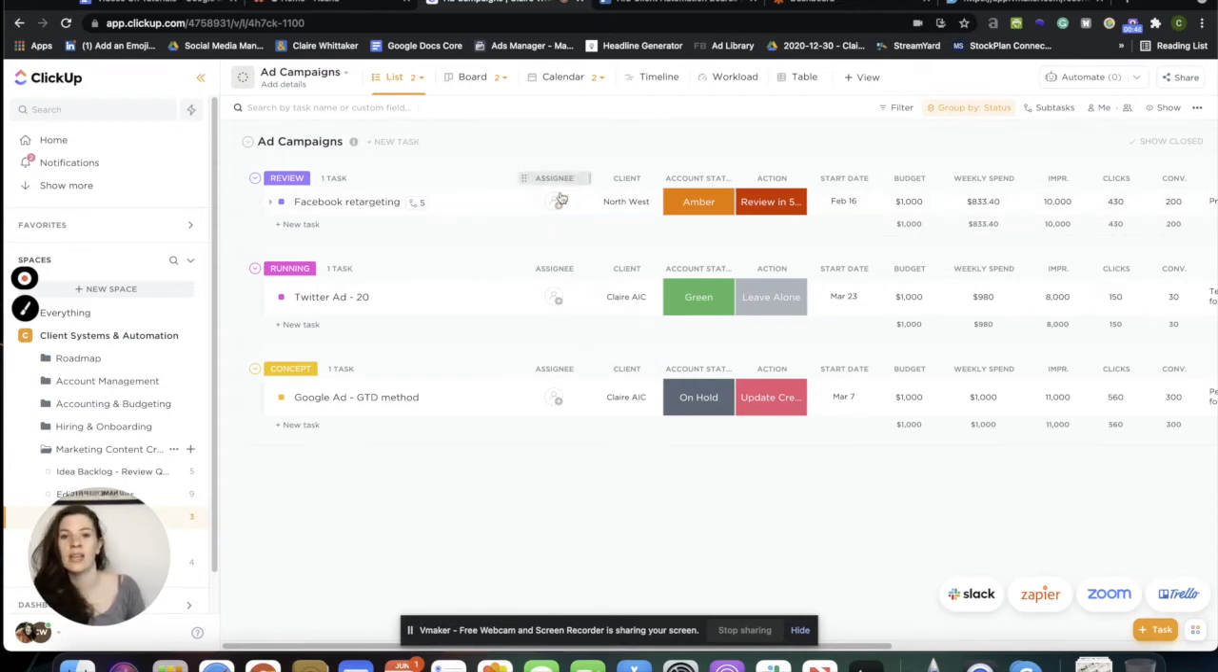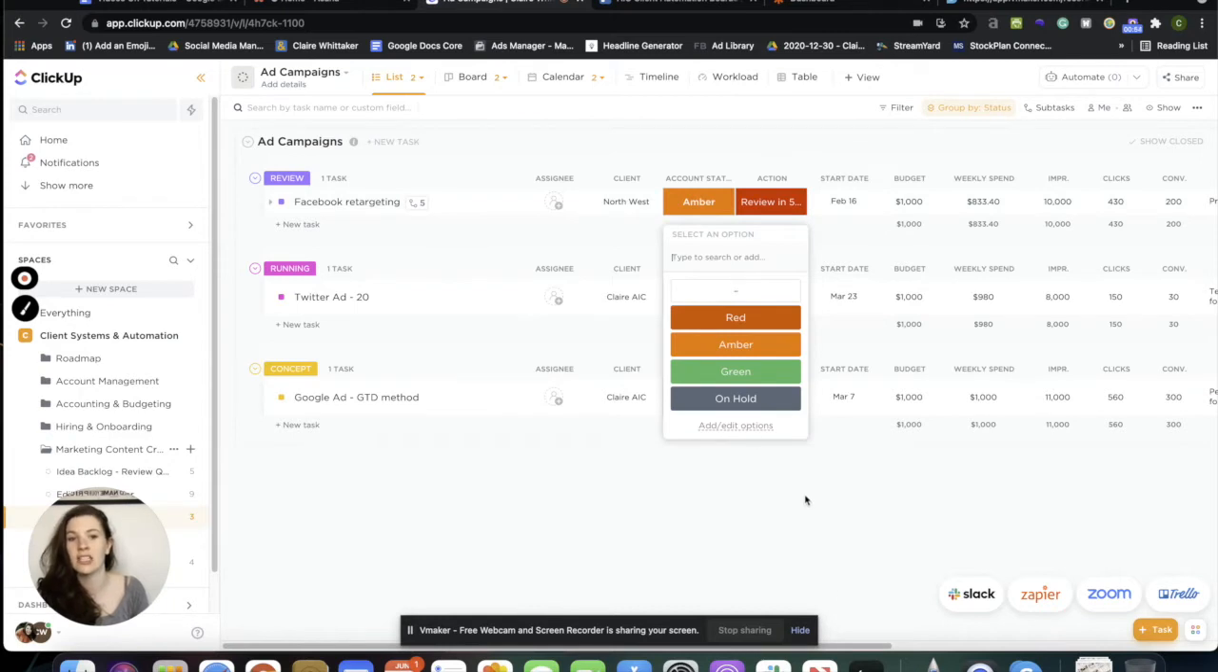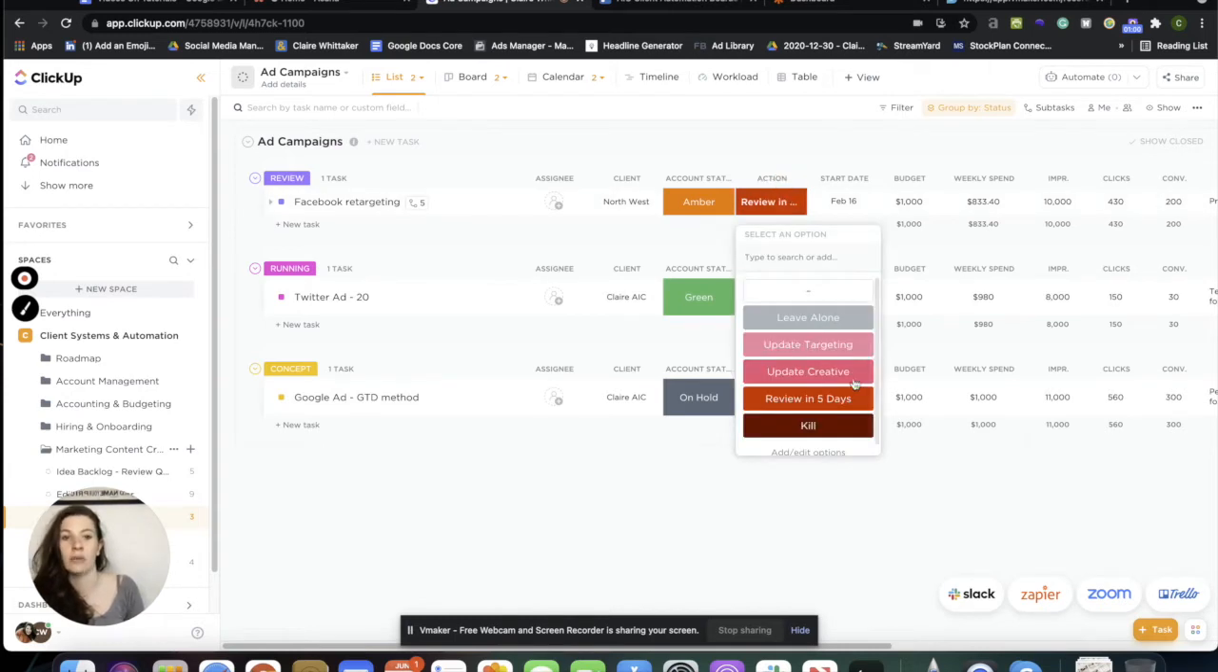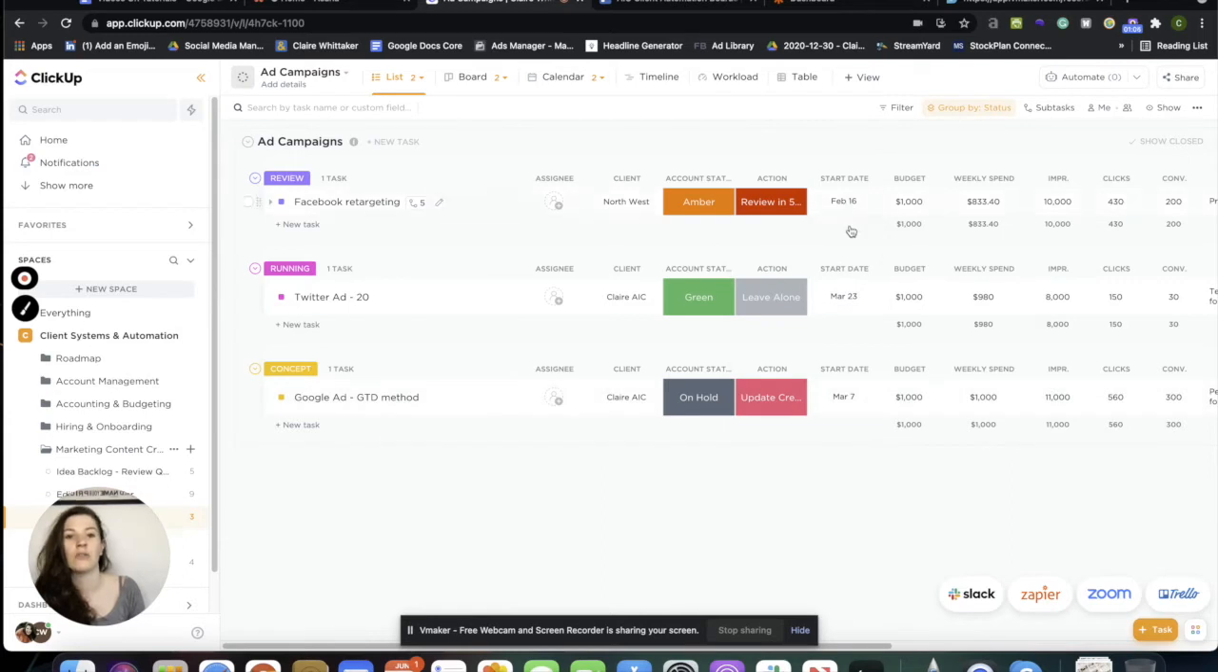So what we've got here are who it's assigned to, so who in your team is responsible, who the client is, their current status. So I like to give a RAG status just so you can really understand who you're going to focus on. And then for this, we've got an action on their campaign and things that you might want to do. We've got start dates, budgets, weekly spends, anything that you want to keep track of